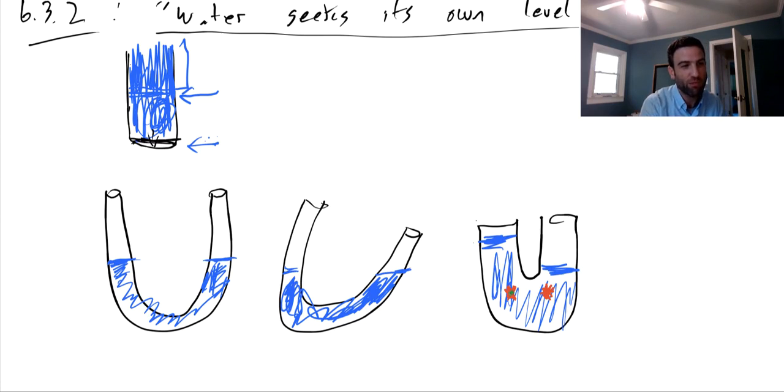And in fact, the pressure at this point is related to supporting the full column of water above it, whereas this point only has to support this column of water. So in fact, the pressure at these points can't be the same when both of these are exposed to the same atmospheric pressure. If both those are exposed to the same atmospheric pressure, then the only effects we need to consider are gravitational,